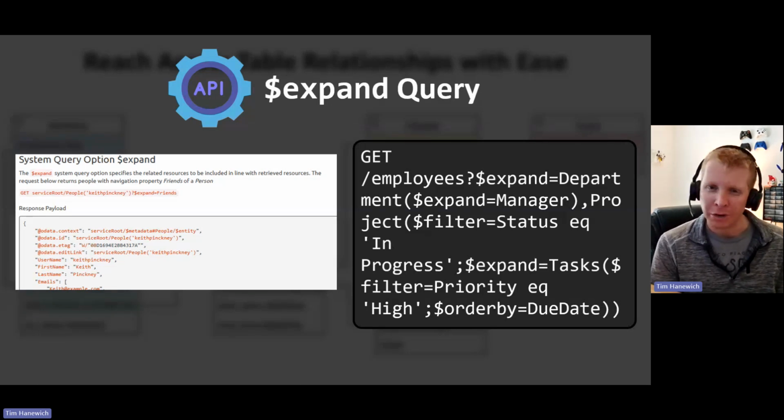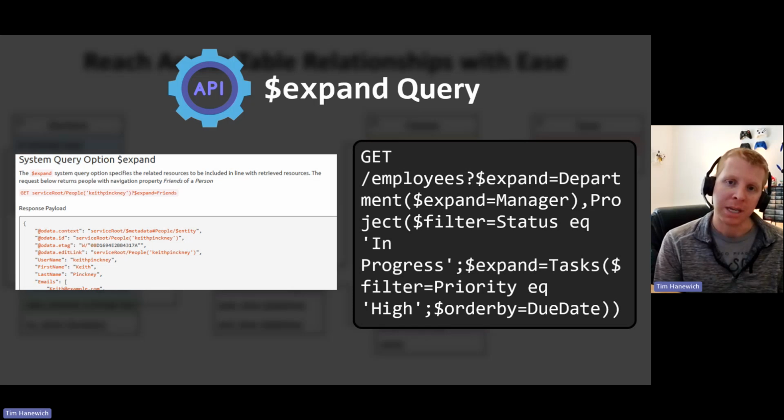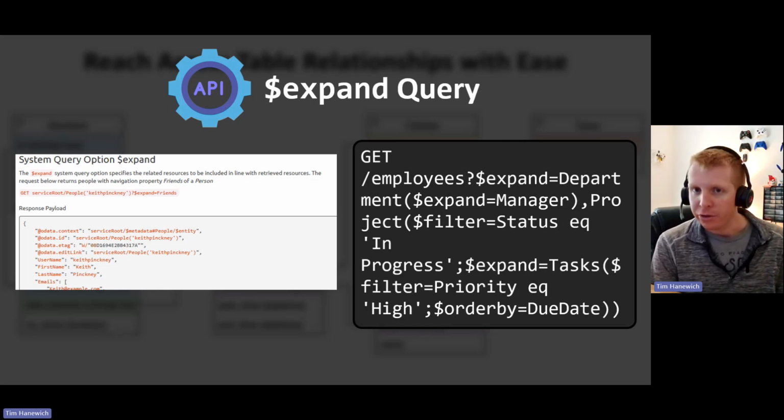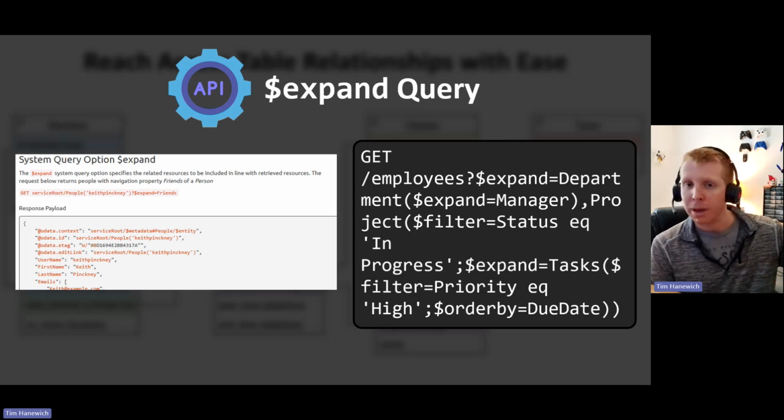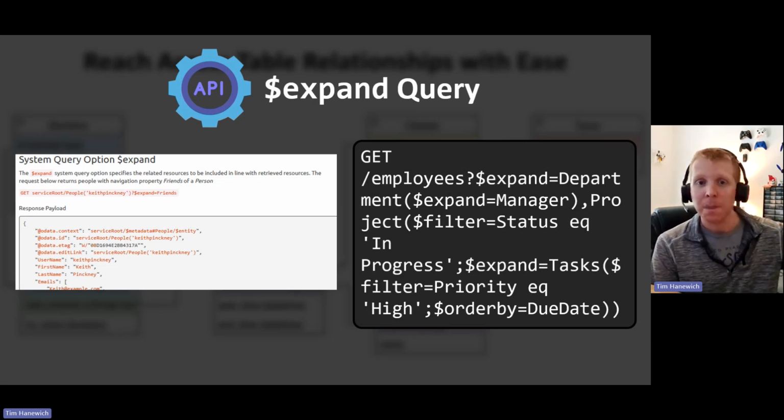To do a join operation, you'd oftentimes have to use the expand query and specify exactly what table to expand to and what properties you want from the table and so forth. It could be challenging to do individual queries like this. The very cool thing here, probably my favorite part of Power FX, is just how easy and natural it is to literally reach across a table boundary to another related table